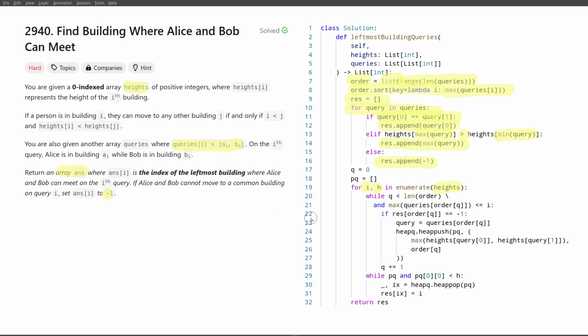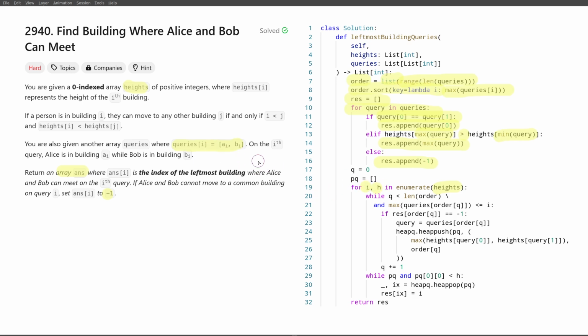Well, it certainly is the answer for all of those queries where both the buildings in that query are smaller than the height of the current building, right? So if we know that there is a query, let's say, about building 0 and building 2, we're currently looking at building 4, and both building 0 and building 2 are smaller than building 4, then if we still haven't had the answer for the query 0, 2, then 4 is that answer,